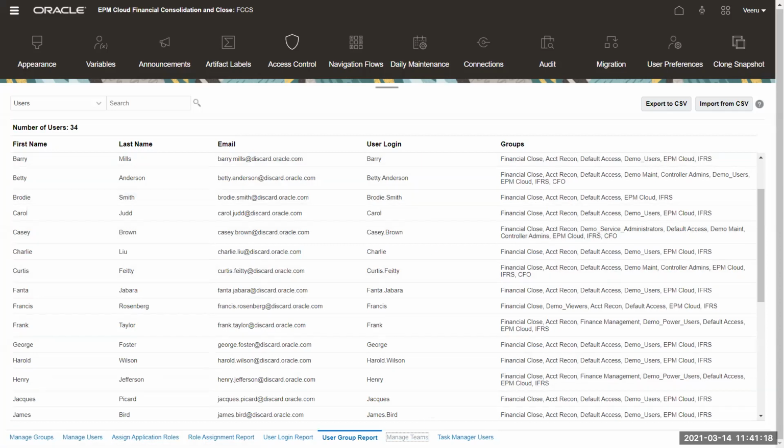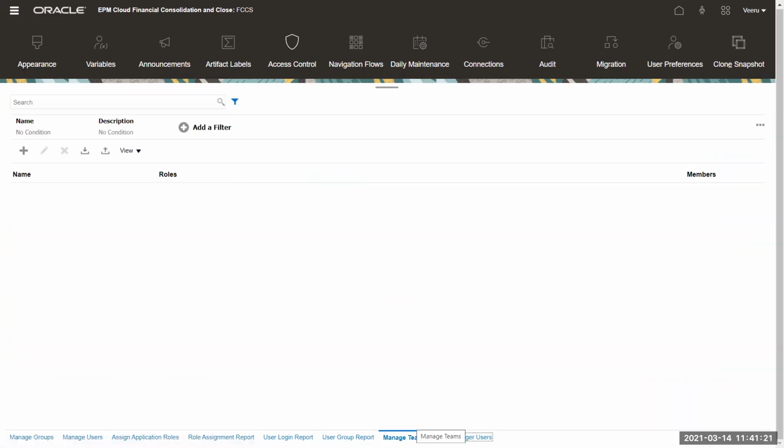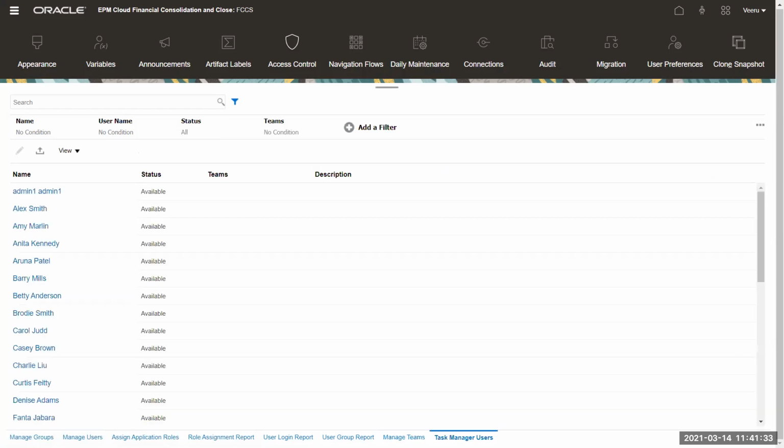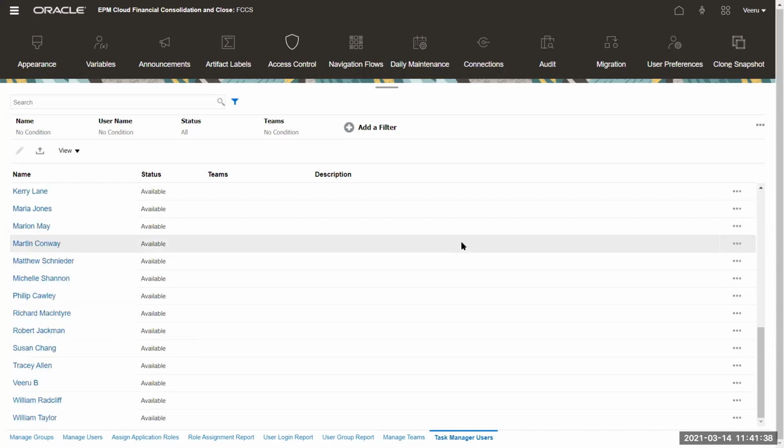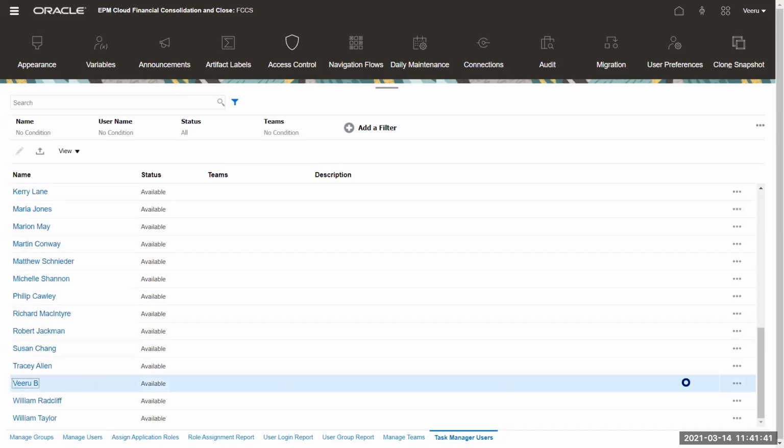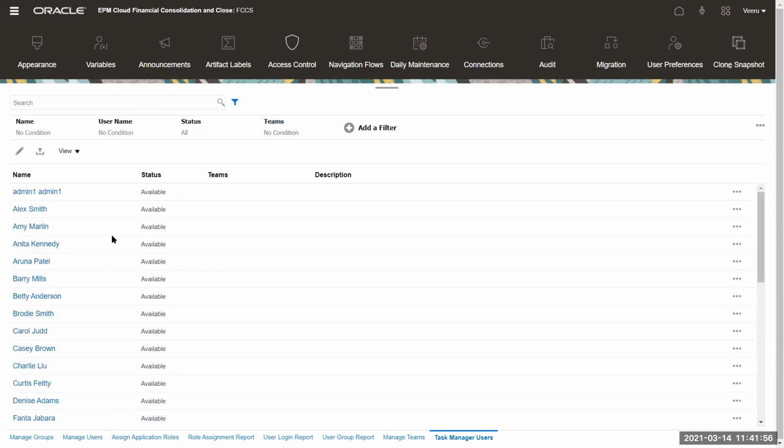Manage teams is mostly useful when you create your task manager settings. We don't play much around with this, but you can manage teams for your task manager. Then the task manager users could be different from regular users. The same user will be part of both, but sometimes you don't want that. They're all native users, so you don't want it to be the same. Then you can delete something here and keep something there. So this is at the application groups and application users, native users level.